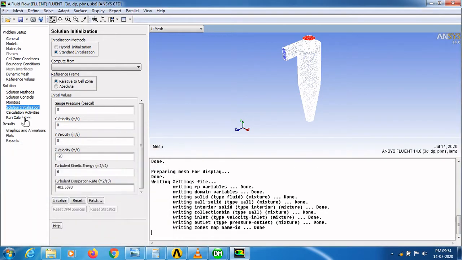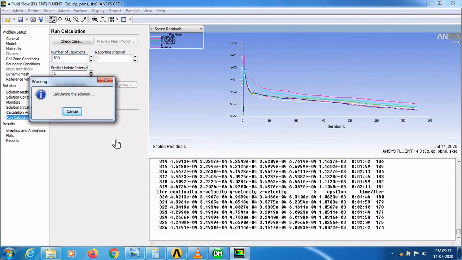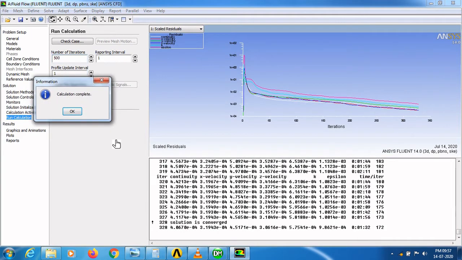Select patch and close. Now run the calculation. Here I am going to provide 500 number of iterations. Now run the calculations. These are all the setting procedures for K epsilon model.